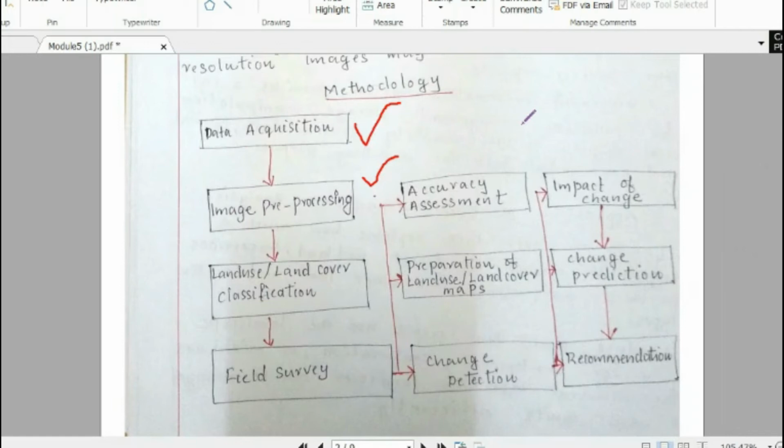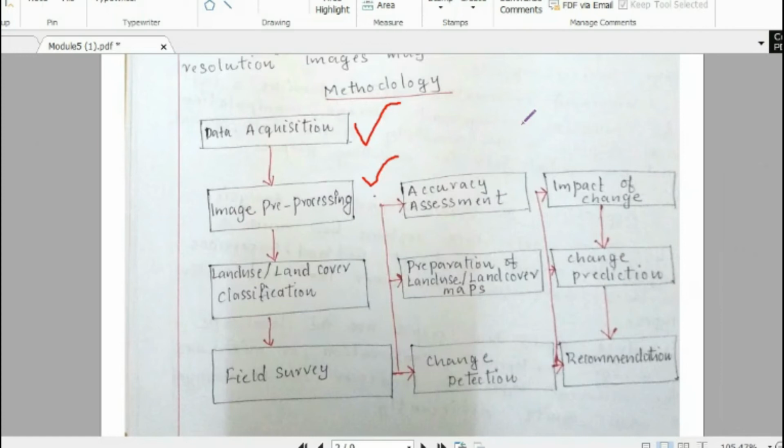Before considering the actual application or actual analysis, we take care of the removal of all the existing errors in such input data. That is what is done in pre-processing. In pre-processing, we studied atmospheric corrections and geometric corrections, etc. All of that and image referencing will be done in the image pre-processing.